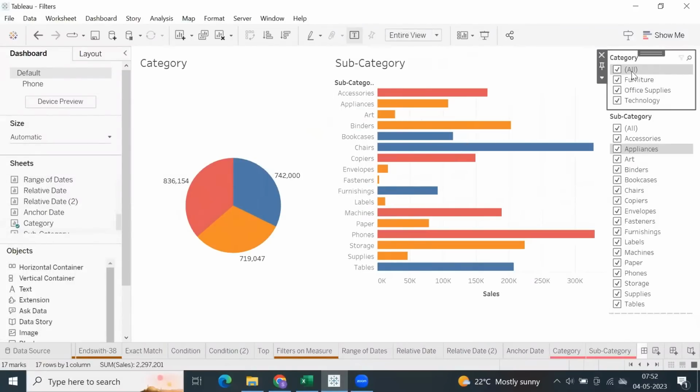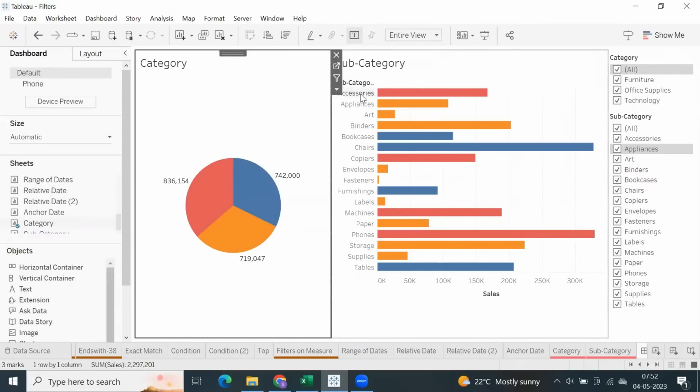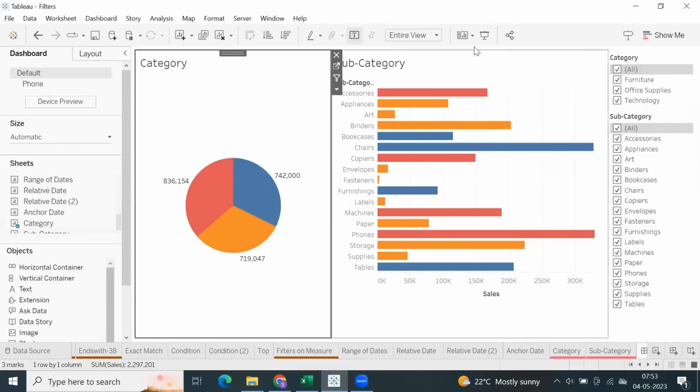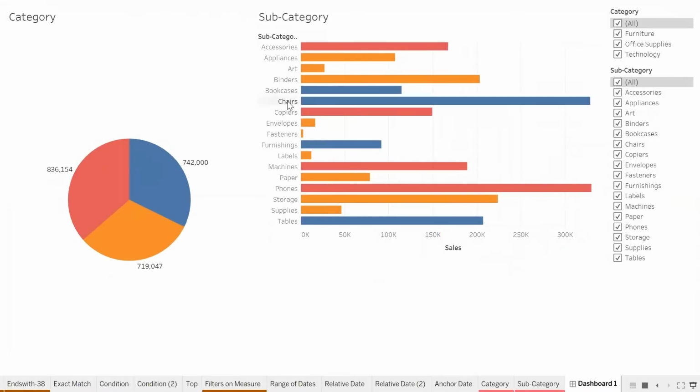Okay, subcategory and the pie chart. Where did you get the pie chart from? Bar chart is like subcategory, and this is category. You understand, right? So there are two different sheets, two different levels, category and subcategory level of data. And what I'm saying is we have filters for both the sheets individually. But when it comes to dashboard level, everyone will expect